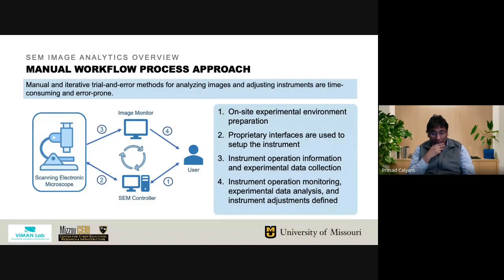So obviously, this is pretty manual. This is, again, error prone, like we said, and you have to be in person in the lab with the instrument doing this with proprietary interfaces. And the data collection is pretty much done manually, analyzed very manually. And so the adjustments are made with a lot of trial and error in this case. So it's a very inefficient process if you're not really looking at it from a more intelligent approach, where we